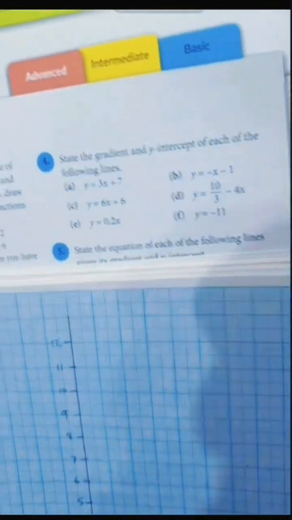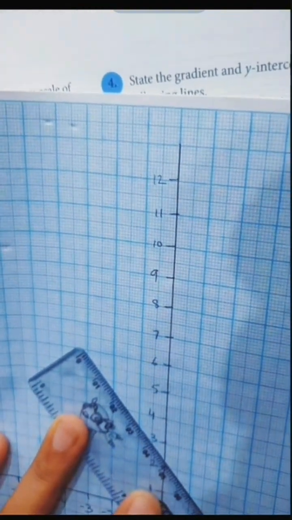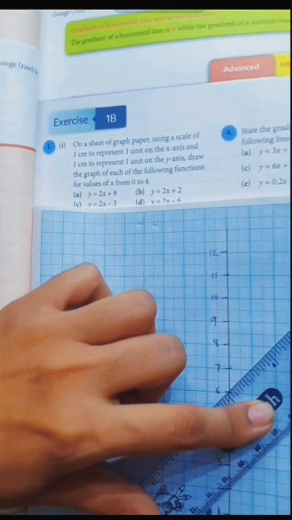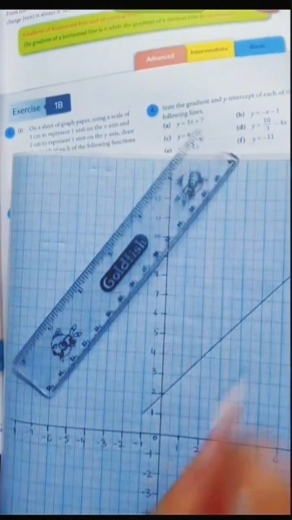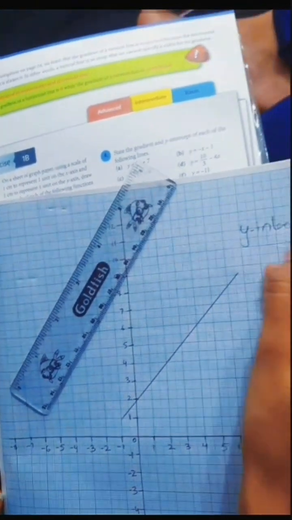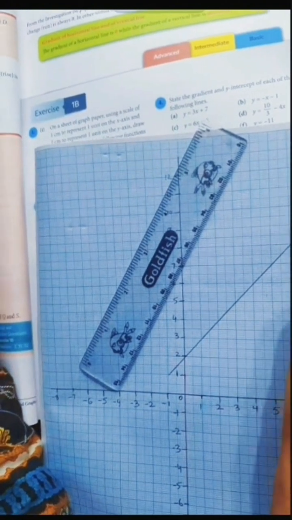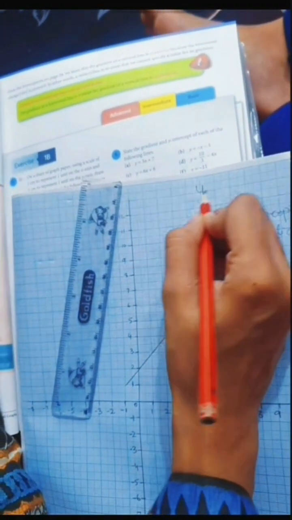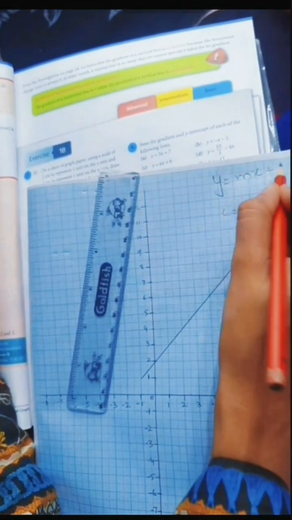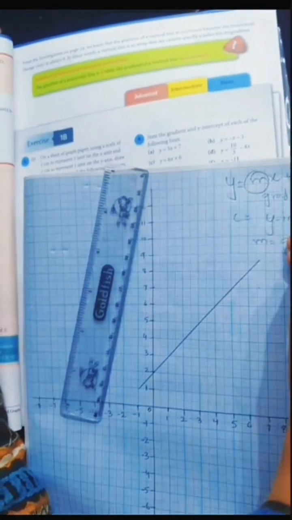For example, if we see the graph, you can see over here I'm making a line randomly. You can notice this is a line. So what is the y-intercept? We have to find out the y-intercept of the line plus gradient. Gradient means m is the gradient and c is the y-intercept. Our equation is y is equals to mx plus c. We have to find out gradient and y-intercept.